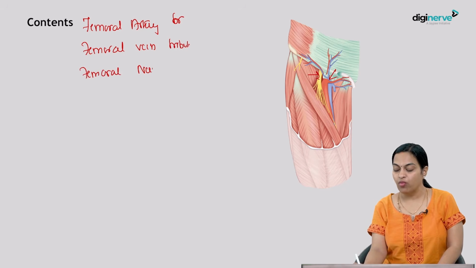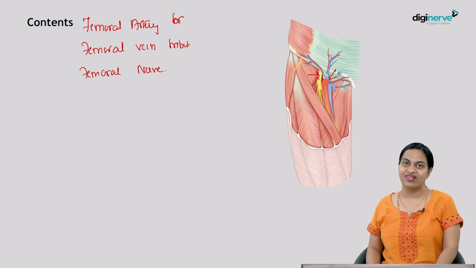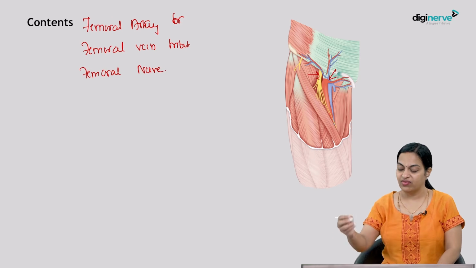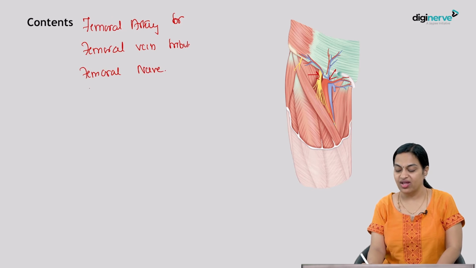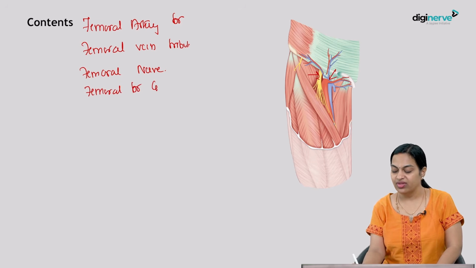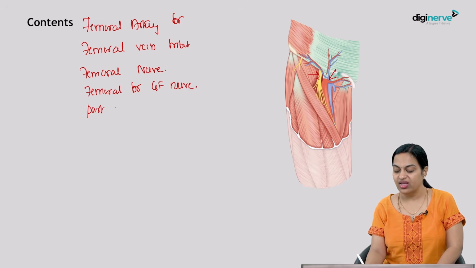The femoral nerve is the largest branch of the lumbar plexus. Its branches also will be seen in the front of the thigh, in the femoral triangle. And apart from that, the femoral branch of genitofemoral nerve, which supplies the skin over the femoral triangle, and part of the lateral cutaneous nerve of thigh,